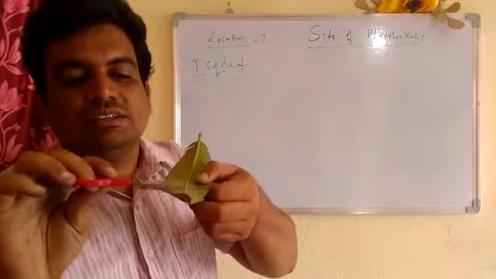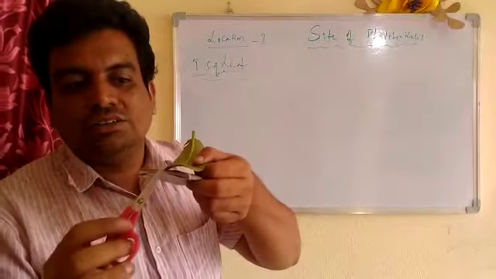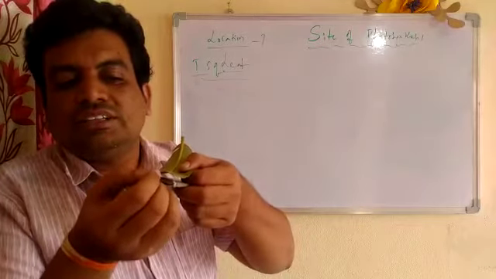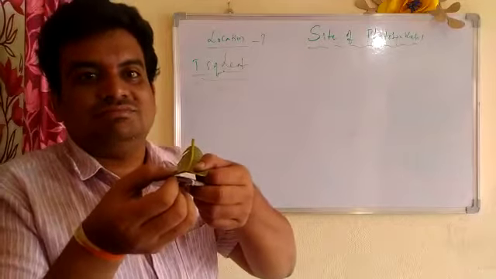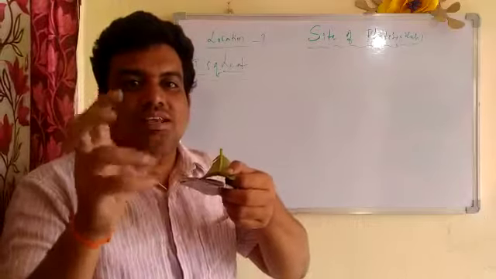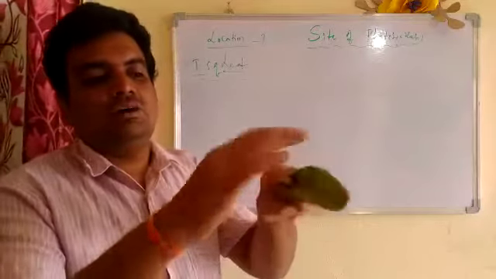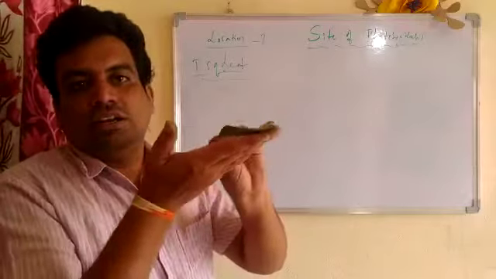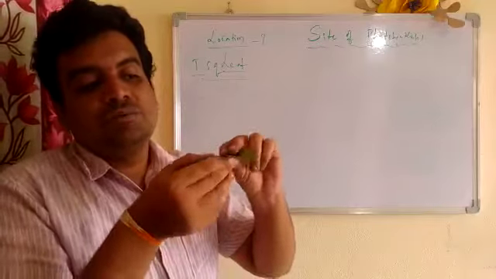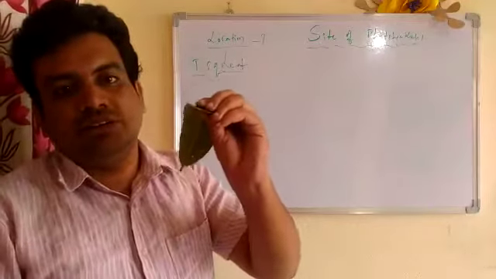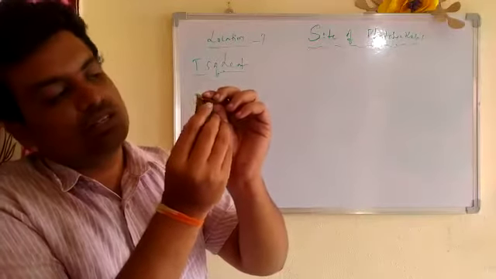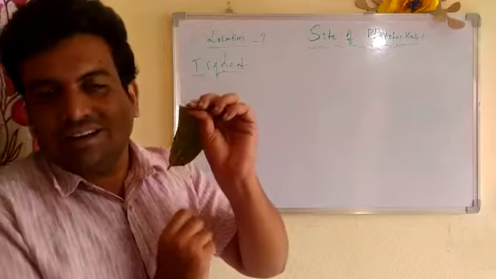This is the midrib region. See, this is a long midrib region. Here we can find a very thin portion, but these have a lot of cells, children. These cells are called mesophyll. Meso means in the middle. So the leaf has an upper layer and a lower layer, called the upper epidermis and lower epidermis. In between the upper epidermis and lower epidermis, we can find mesophyll cells in this small thickened blade area.